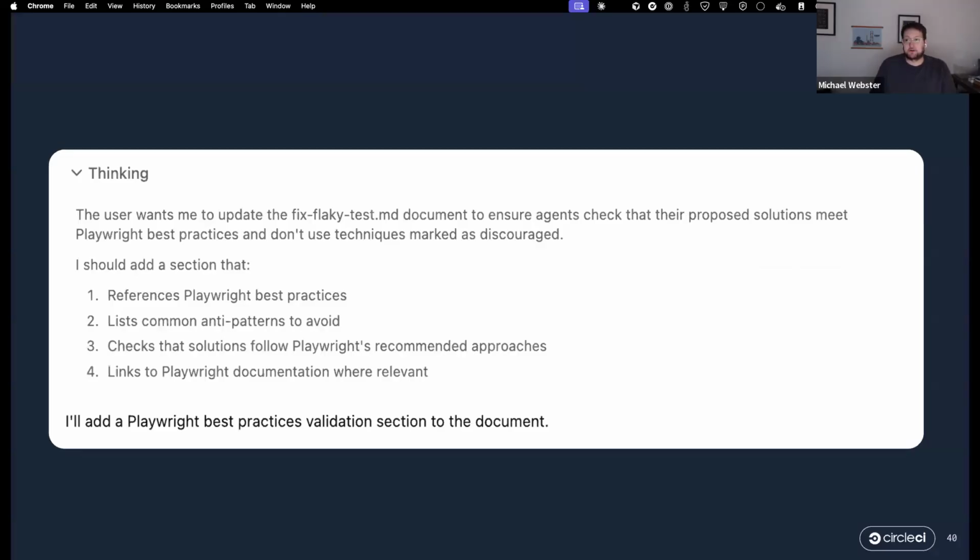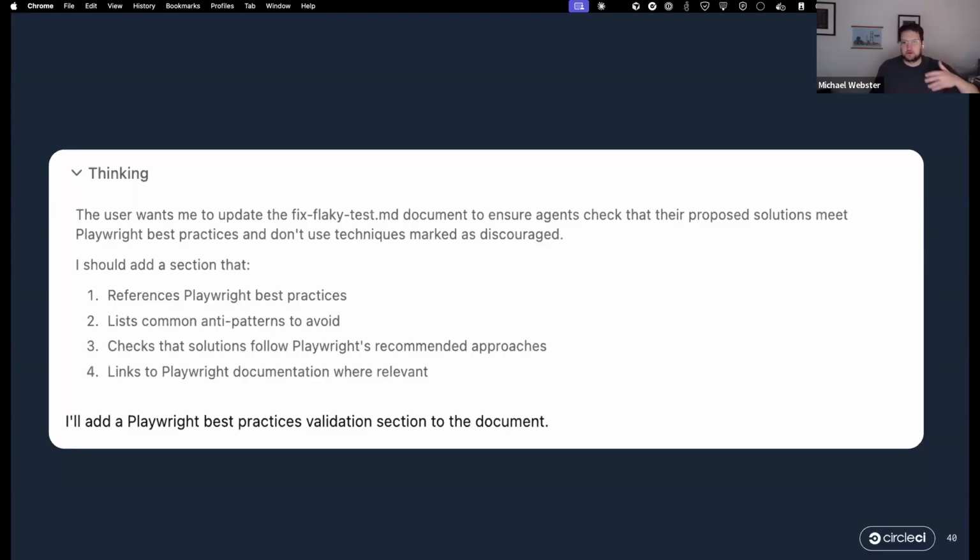This is actually an example of this internally. I've talked about Chunk, our flaky test agent. One of the things it does is fix flaky tests. One of the things you can do with Chunk is give it specific instructions for your repository on how to deal with tests. There are a lot of testing tools out there, in particular for end-to-end testing. So this is a screenshot of a thread that one of our developers did with a coding agent, basically asking it to maintain the custom instructions that we provide for Chunk to follow.